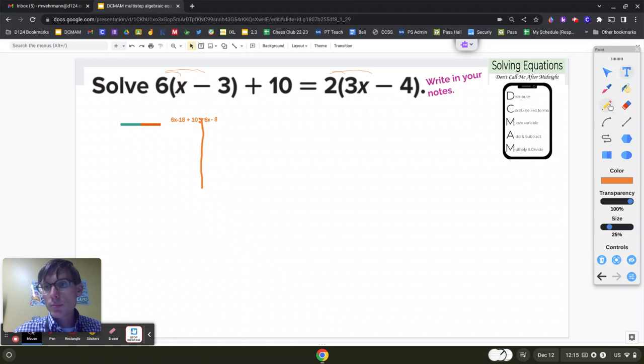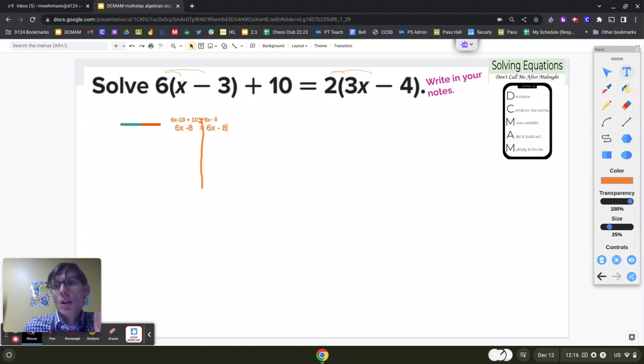What is a negative 18 plus 10? At negative 18, it's 18 below 0. Add a 10, and we are simply at a negative 8. So we have 6x minus 8 equals 6x minus 8. You probably should already see the possible solution at this point, but we're going to keep working